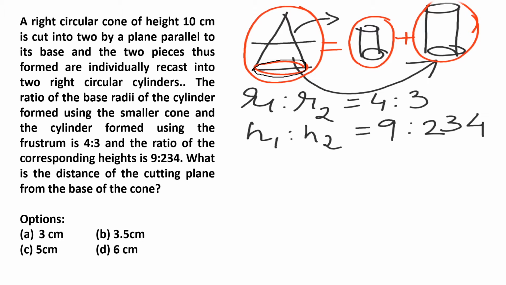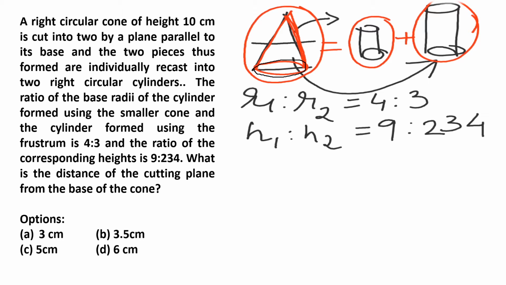So that's what I'm interested in. I'm interested in finding out the volume of the entire cone. Why? Because that is the connecting link. When I can connect two cylinders with the cone, I can establish some relationship between the parameters. So first and foremost, the important thing over here is establishing the relationship through volume, because volume will not change.